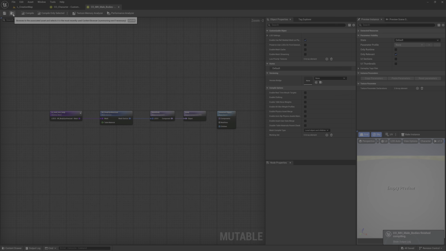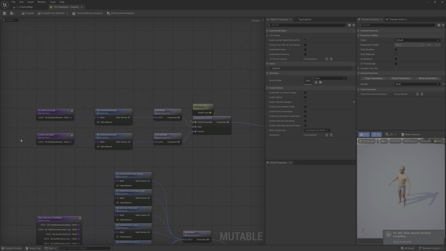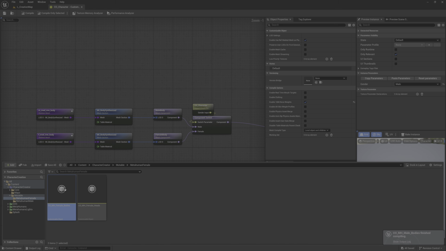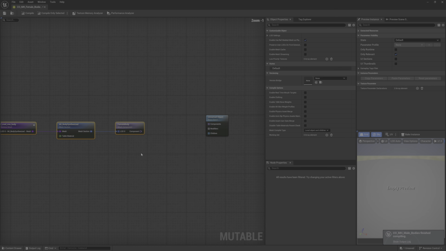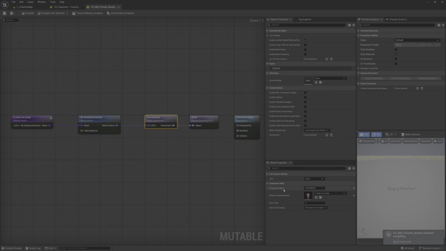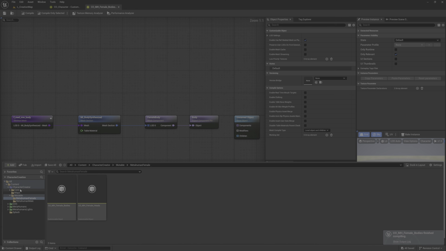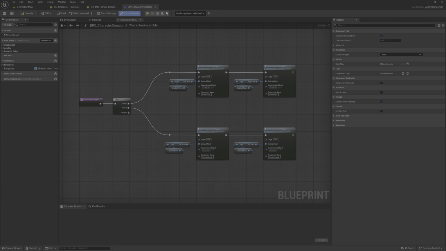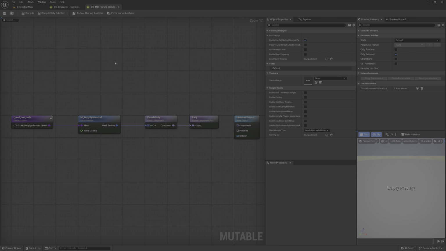Compile and save. Same for the female, Control C, go to female bodies, Control V, export pin, same name, body. The important one is the component name, which is female body, which is the one that we use in here. That's the real important one.